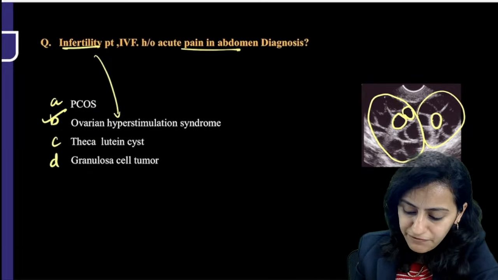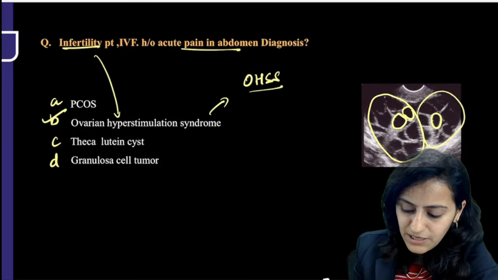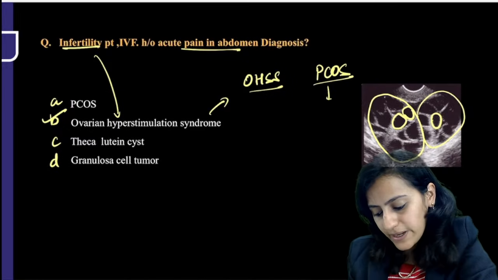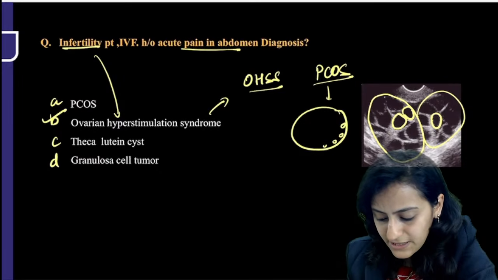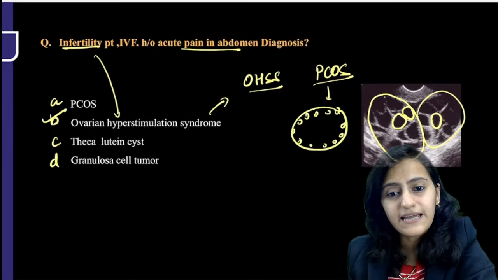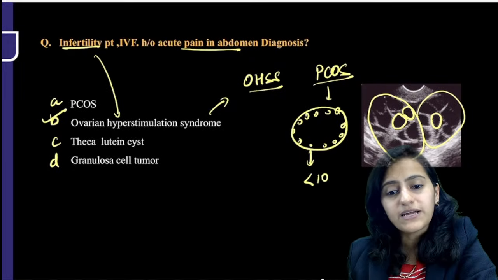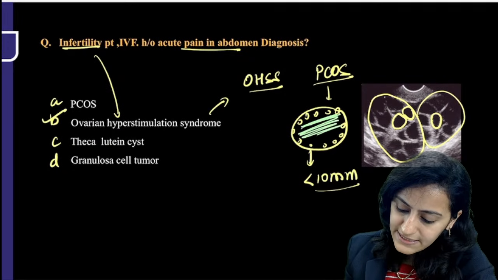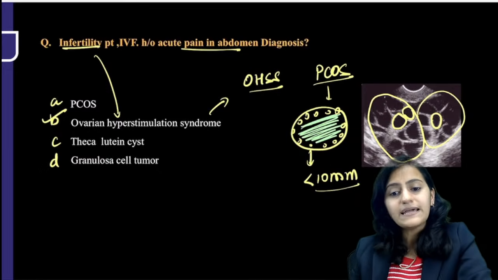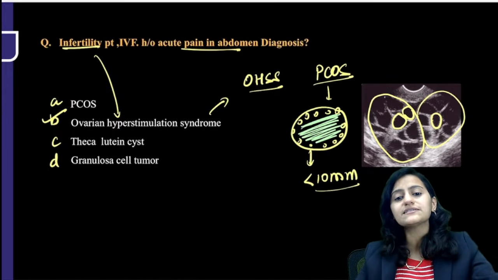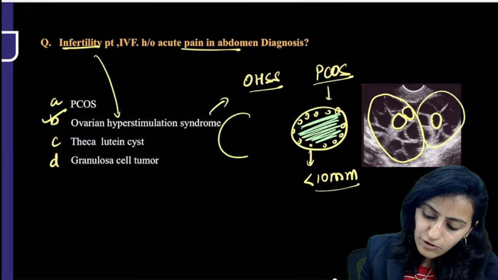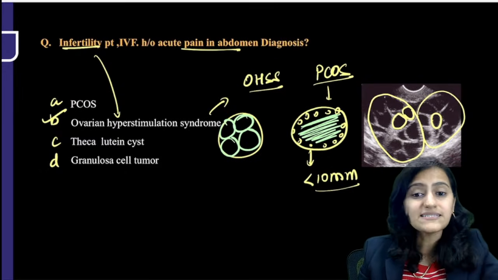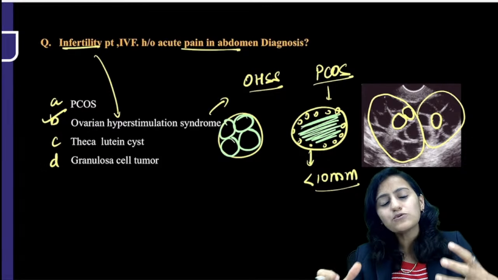So the point is to differentiate ovarian hyperstimulation syndrome from PCOS. In PCOS, you have those peripheral small follicles, right? None of them is the dominant follicle. The follicles are less than 10 mm in size, and you have an increase in central stroma because of the increased androgens. While in ovarian hyperstimulation, there are large follicles like cysts in the ovary without the increase in